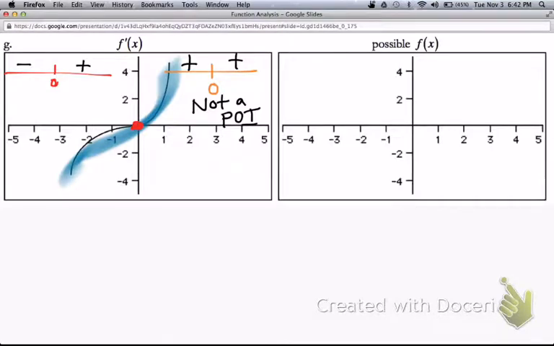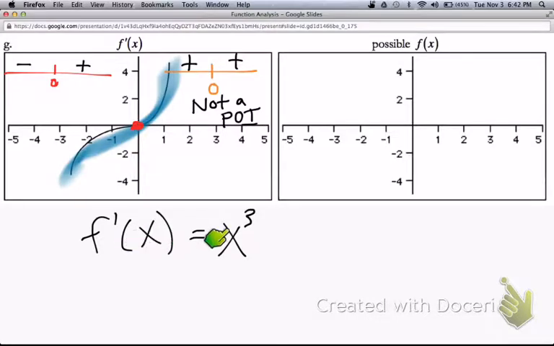So from here, you might be kind of wondering what our possible f of x is going to look like. And one of the hints, and I believe, again, I'm sorry, but I think I only gave this hint to my fifth period class. One of my hints is that if you look at this function and you try to figure out what function this could be, it might or might not look like this to you, but to me at least, it looks like an x cubed function. So if I know that the derivative looks something like an x cubed function,